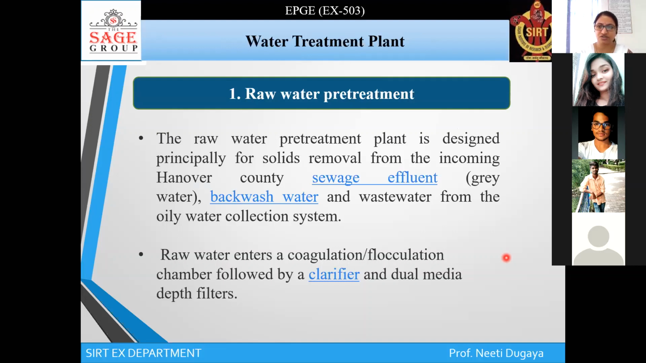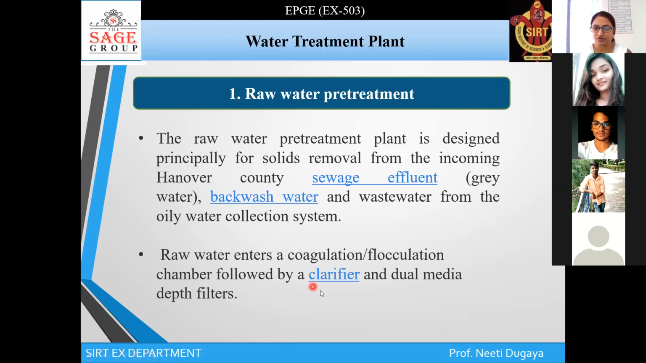Why is it being used? It is being used because, as we are studying the case study, the end from which water is being taken could be Hanover County. So the sewage influent water, backwater and wastewater from the oily water collector system are treated in the raw water treatment plant. The raw water enters the coagulation or flocculation chamber,